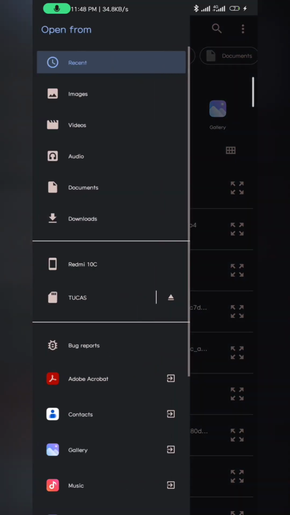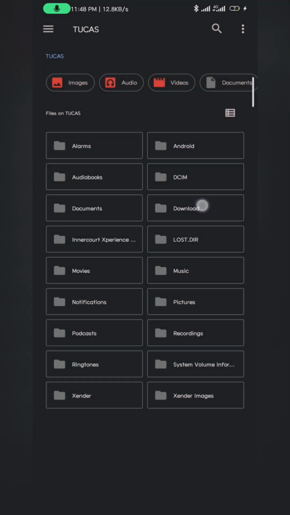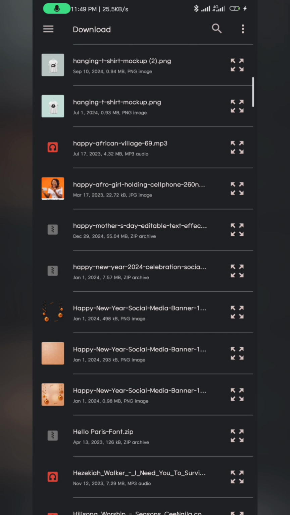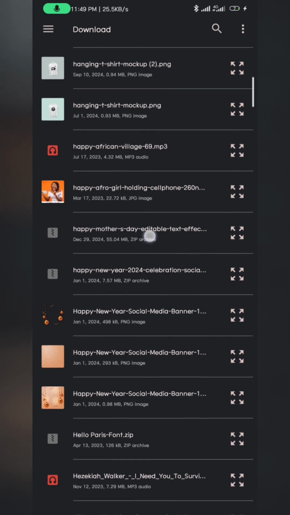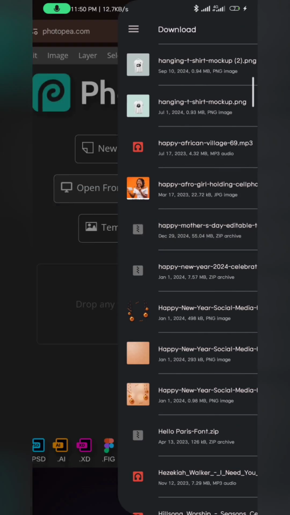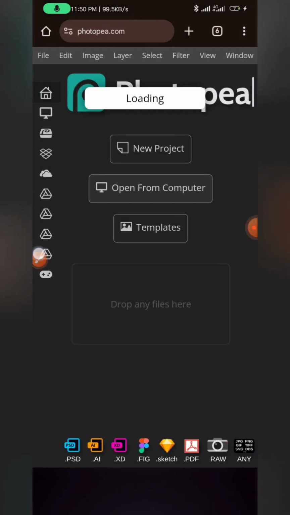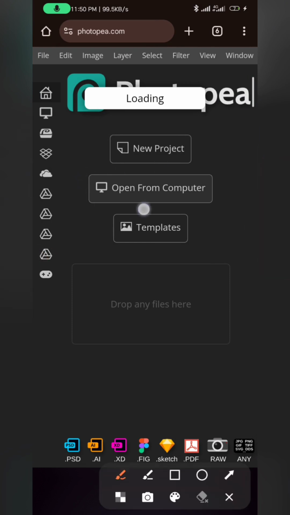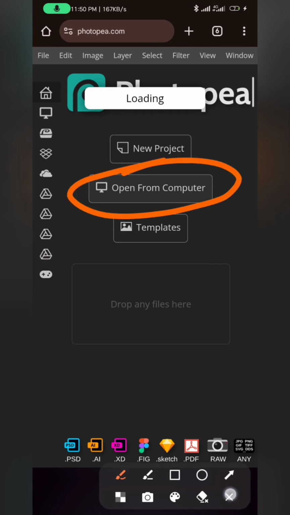Once you download it, you can go ahead and use it. The name of the text is Happy Mother's Day Editable Text Effects from FreePic. Of course, I also put the link. So once you come on Photop, you click on Open from Computer here, and then it will bring out, you